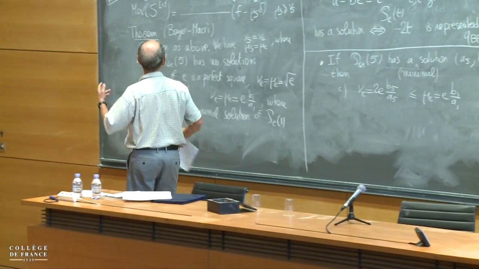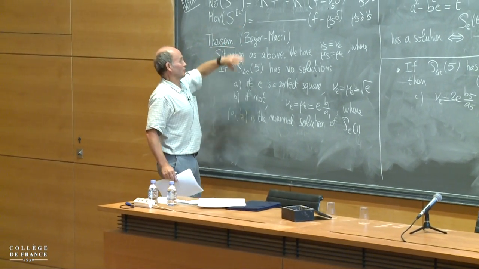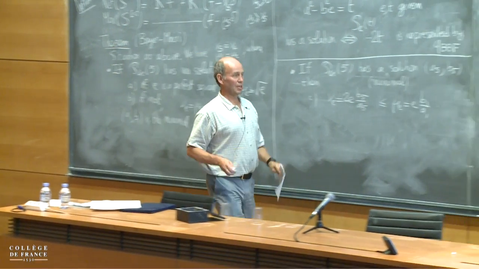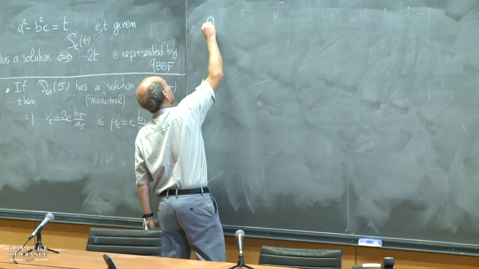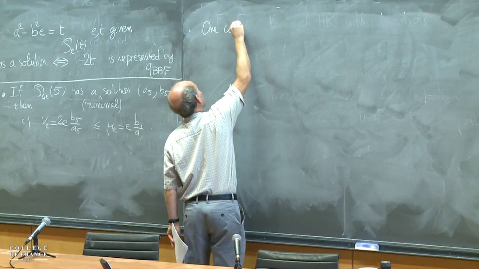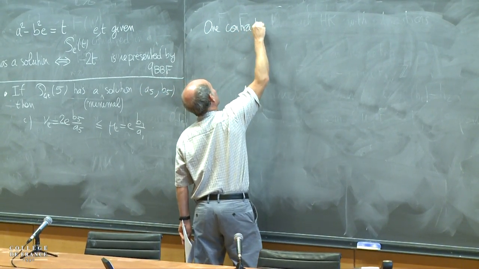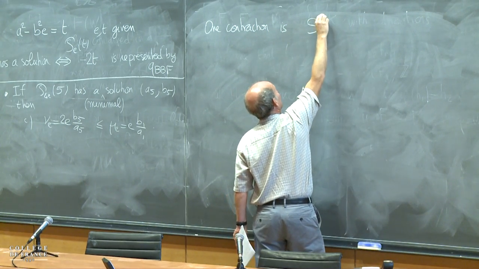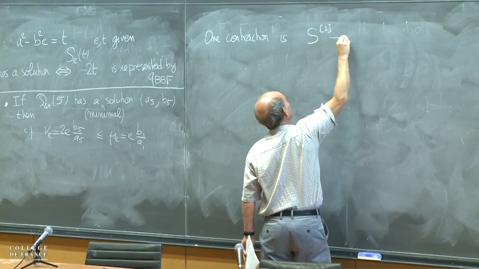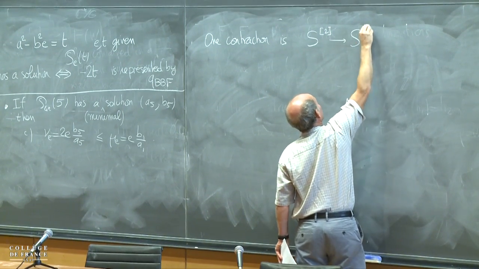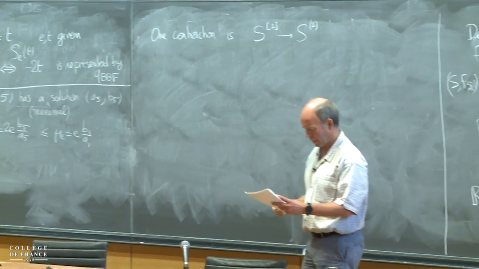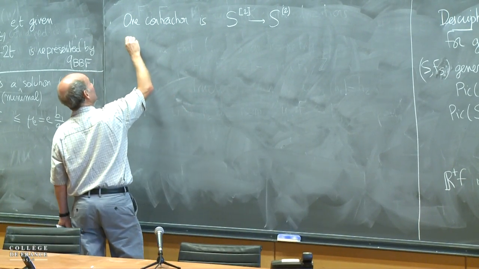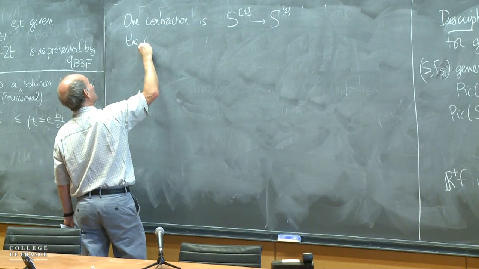And so the first contraction, which corresponds to the dual to this F here, is just the Hilbert to Chow morphism. And the other contraction can also be described. So the contraction of the other ray